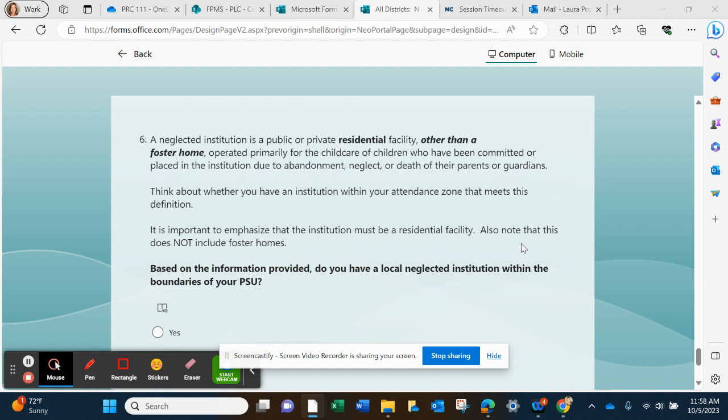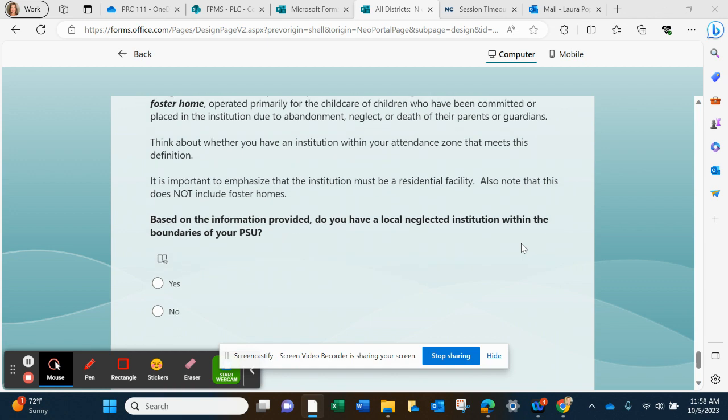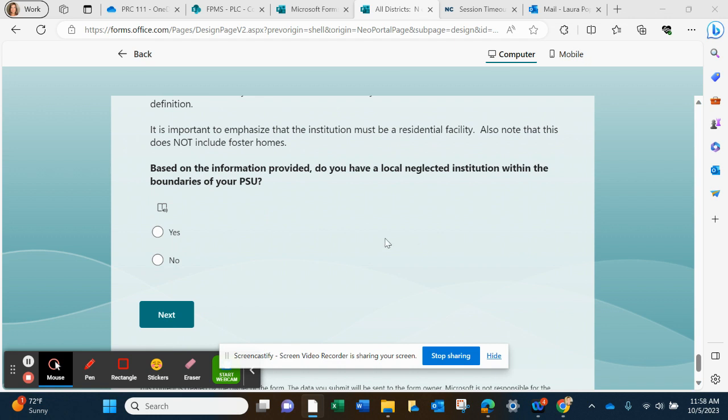For question 6, you will want to read this definition closely and think about whether you have an institution within your attendance zone that meets the definition. The definition is: a neglected institution is a public or private residential facility other than a foster home operated primarily for the child care of children who have been committed or placed in the institution due to abandonment, neglect, or death of their parents or guardians. Please note that the institution must be a residential facility and that this does not include foster homes. For question 6, you will enter yes or no. If you enter yes,